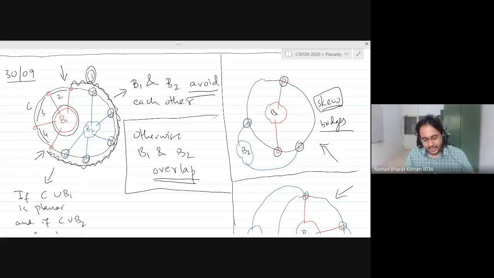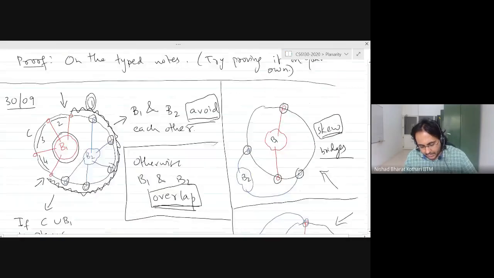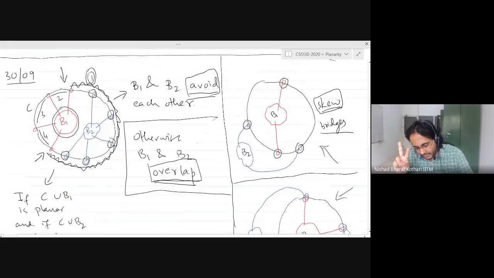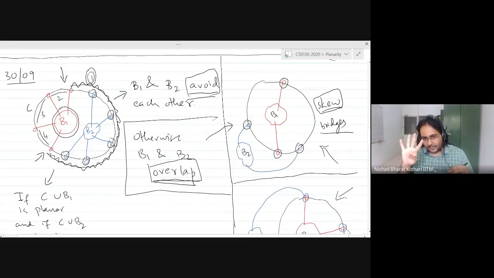Yeah. Exactly. And when this does not happen, when the two bridges do not avoid each other, we will say that they overlap. And we discussed a proposition that whenever two bridges overlap, there is exactly one of two possibilities. Either they are skew. So skew means you can find 4 vertices of attachment, 2 of B1 and 2 of B2, and they appear in this order in the cycle. First you see a B1, then a B2, then a B1, and then a B2 attachment. Right? So in this case, it is clear that they do not avoid each other.